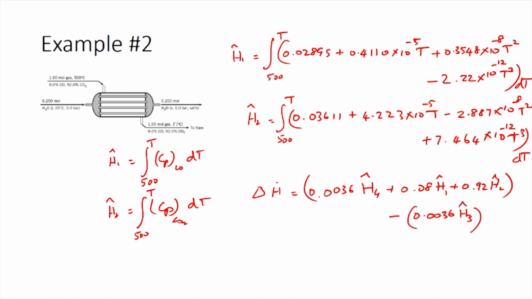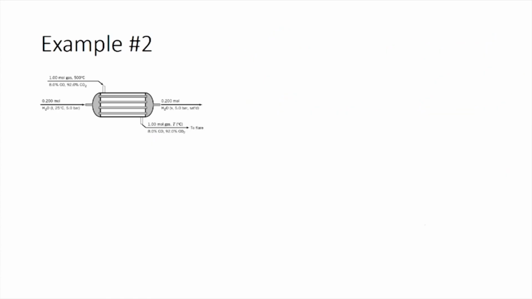The first term, in the brackets, is the enthalpy of the outlet streams, and the second term after the minus is the enthalpy of the inlet streams. With this equation we would end up with a fourth order polynomial of temperature, which would be